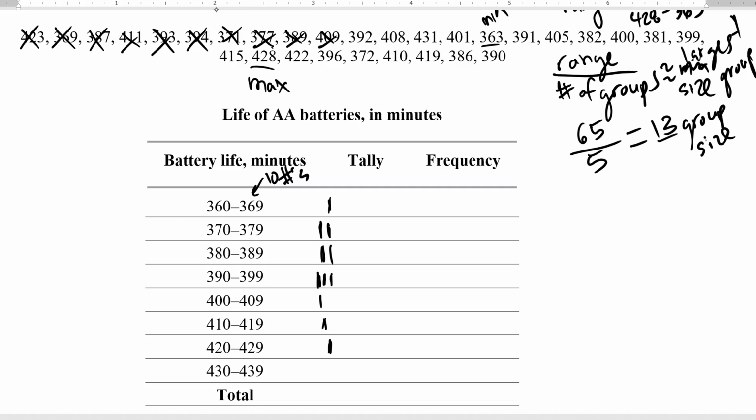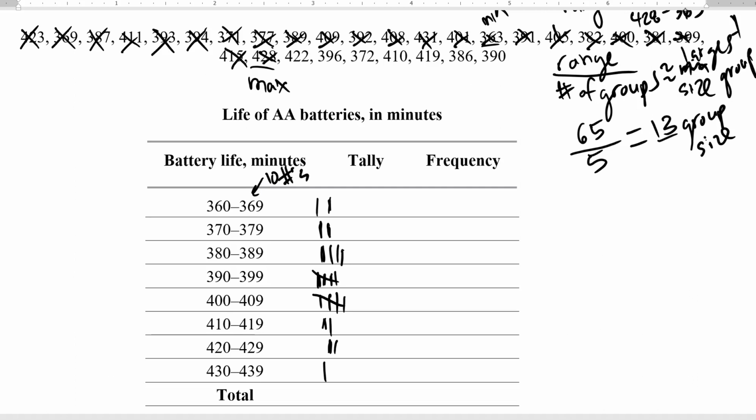392, 408, 431, 401, 363, 391, 405, 382, 400. I'm going to cross that for a 5 there. 381, 399, 415, 428,